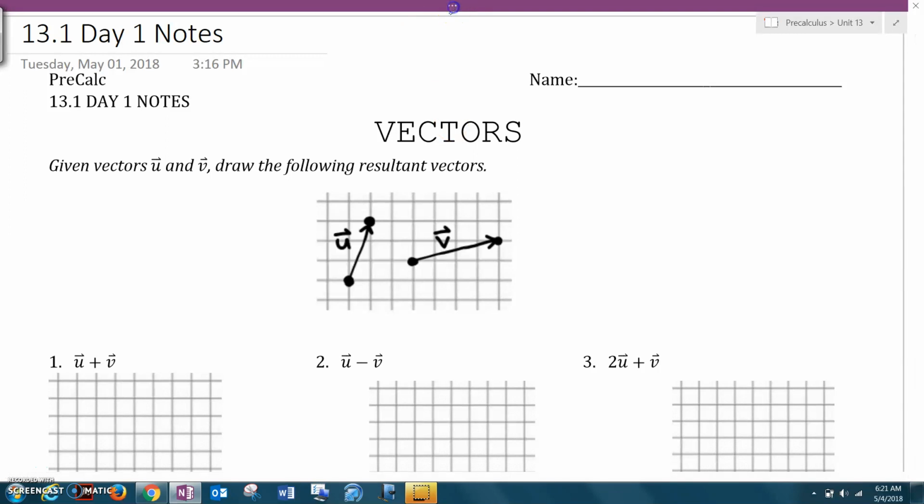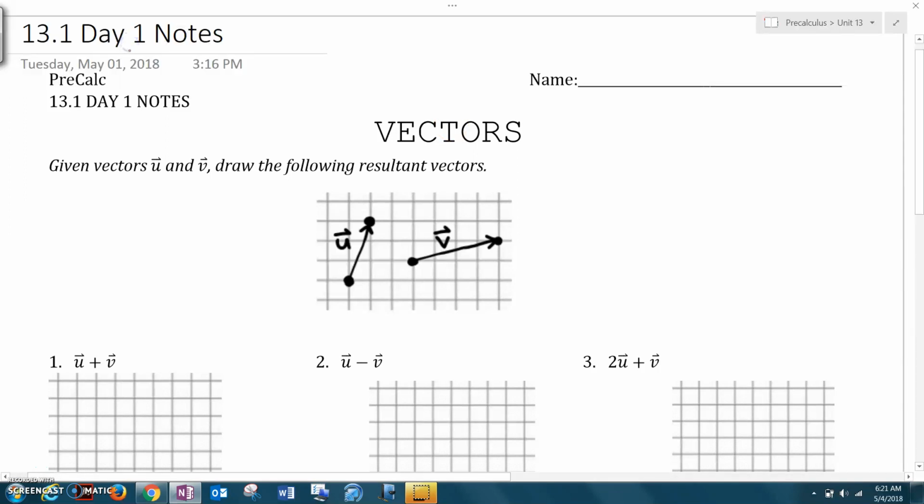Vectors. So, a vector is basically an arrow that has a magnitude and a direction. It's very useful in physics and other applications. Today, we're going to draw a resultant vector, meaning when you add or subtract them, what does the final vector look like? To do that, you draw from tip to tail,